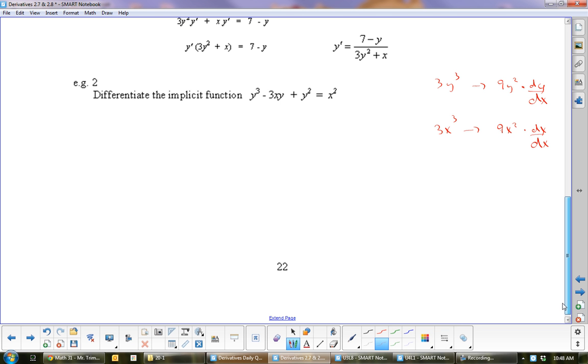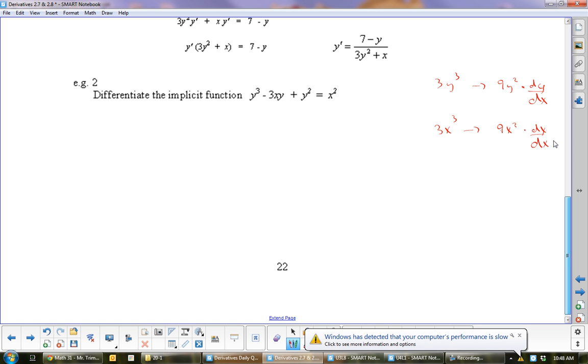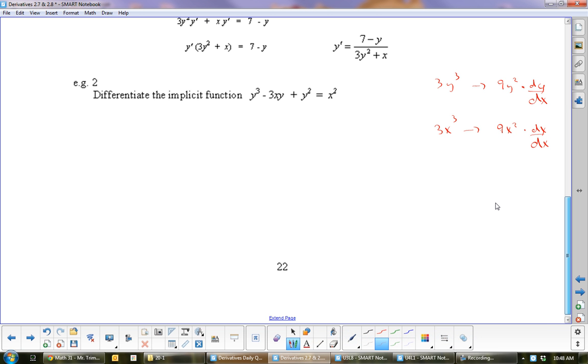The chain rule is the chain rule. And I kind of did the chain rule here. See, I did the outside, and then I did the derivative of x with respect to x, which is 1. This one with the chain rule, though, you're going to have to put dy over dx, or you can put y prime. Okay? So if we do this one here, to do the derivative, we're going to do it using the dy over dx just for the first one. So this would be 3y squared dy over dx